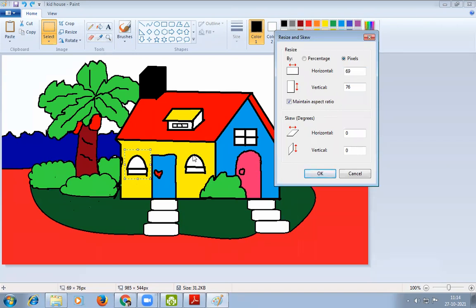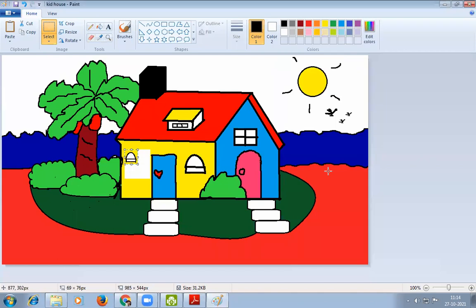The selected image dimension appeared here. Horizontally 69, vertically 76. So by reducing horizontally by 35, it will also change vertically by 38. Then we are going to click on OK.